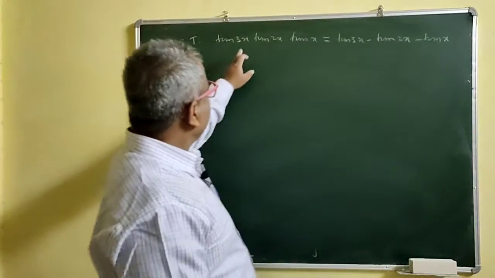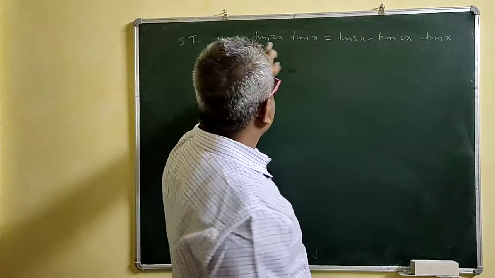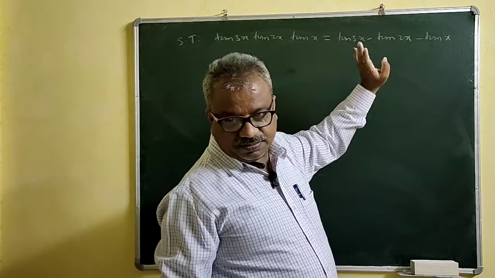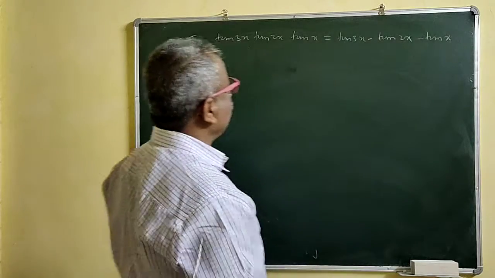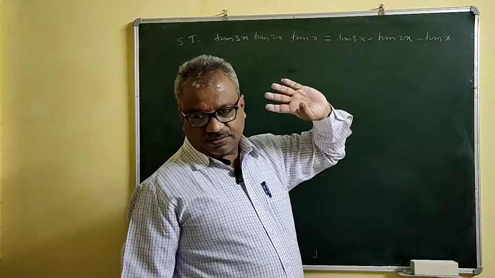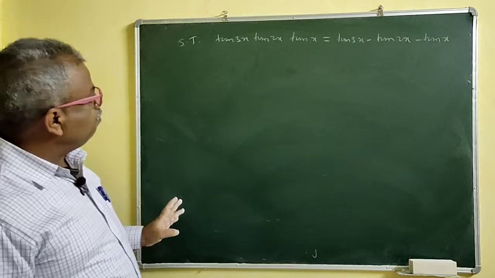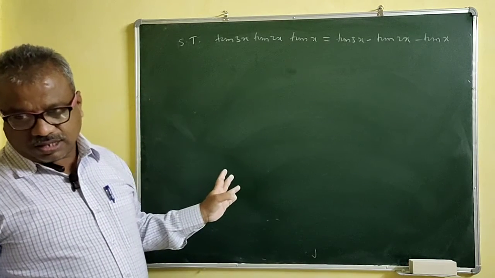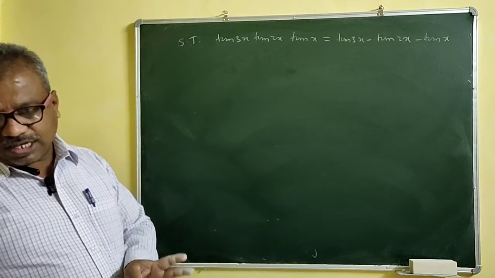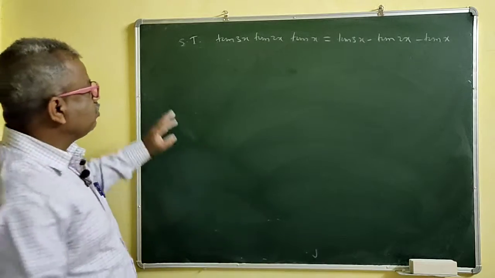Okay, now see what happened here. Tan x, tan 2x, tan 3x. Their product is equal to the difference, right? 3x, 2x. Okay, so we'll prove this one. Now see, there is a relation among 3x, 2x and x. So 3x is nothing but 2x plus x. That means tan 3x you can write as tan of 2x plus x, and you can apply tan a plus b.